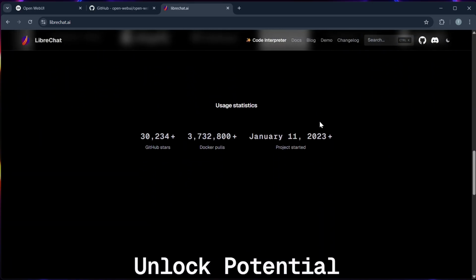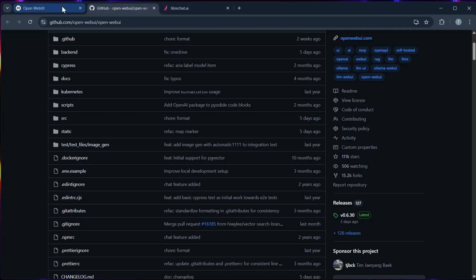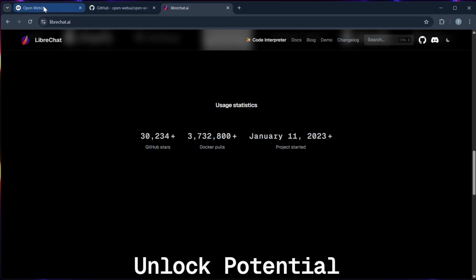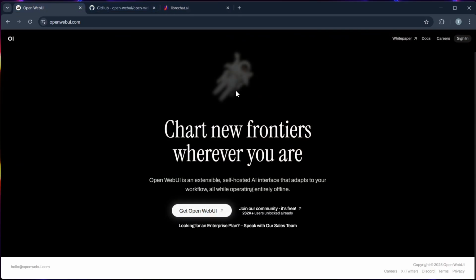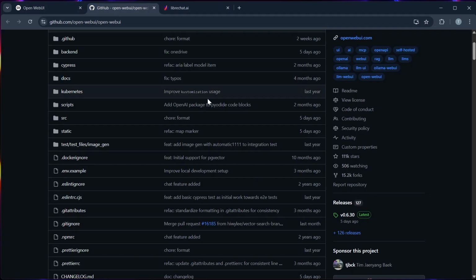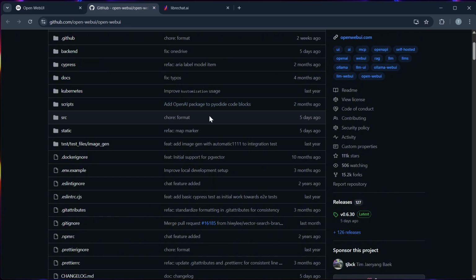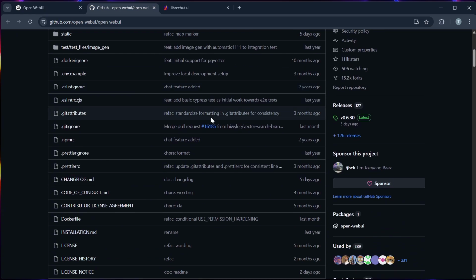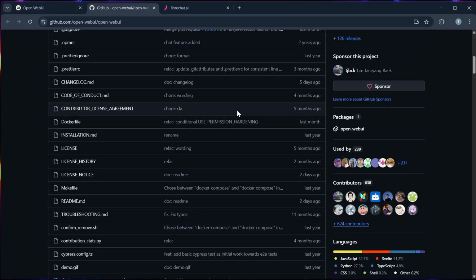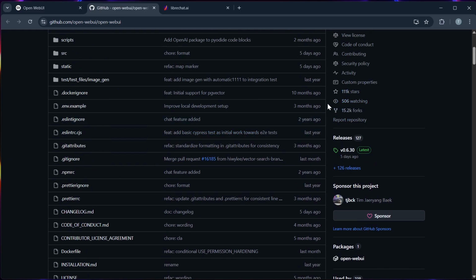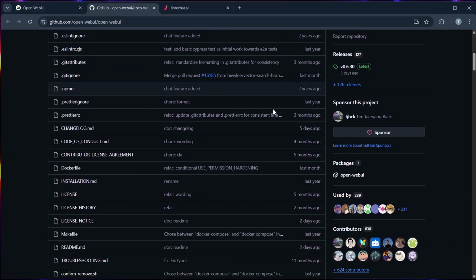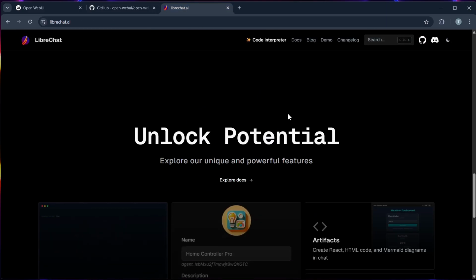Let's go to their performance and speed. Both of them deliver fast responses, but Open WebUI has more options for caching and optimizing performance. And let's go to their community and updates. Open WebUI has an active GitHub community pushing frequent updates, while LibreChat also receives regular updates, but its focus is more